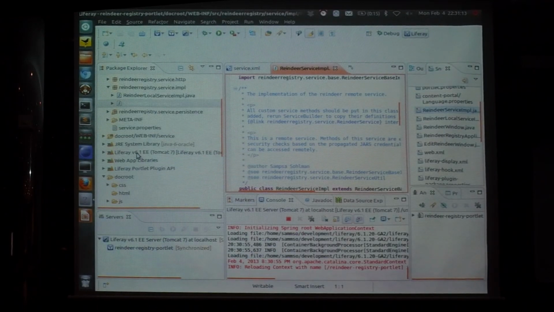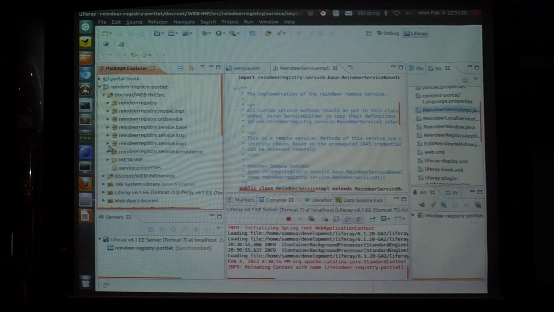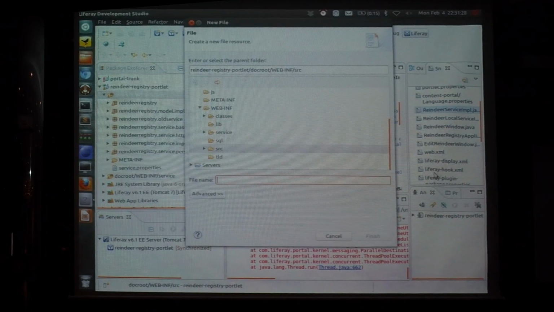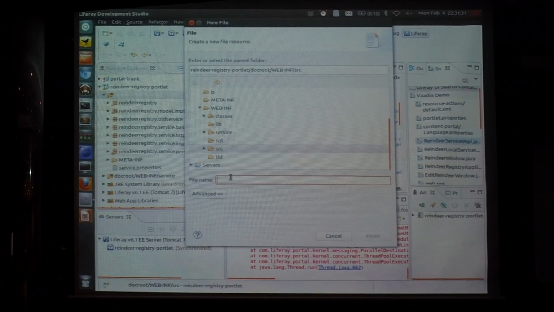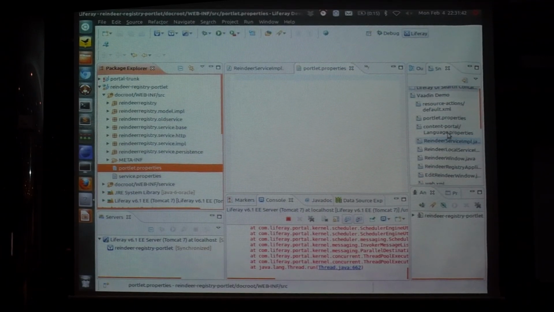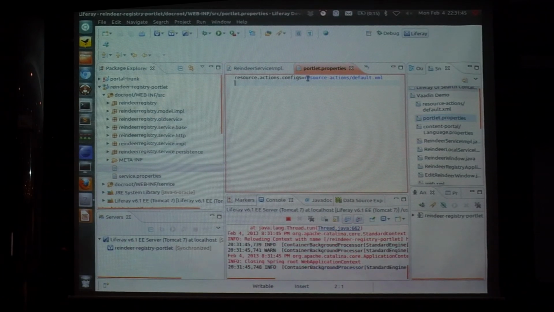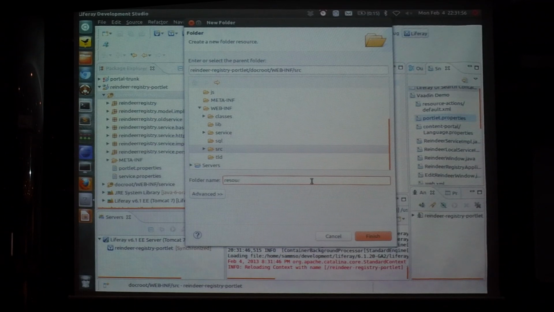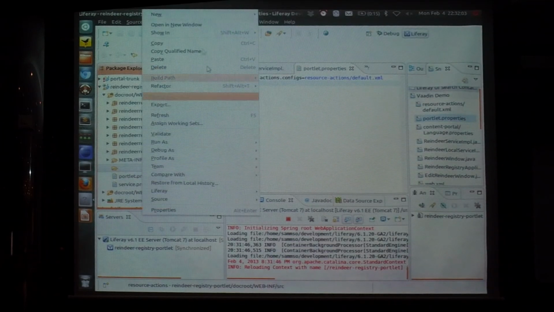But permission checking actually also requires the permission checking XML, and that is defined by creating a portal properties file. And here are the contents for that, and that basically defines where our default XML list is, which defines the permissions, and here we create